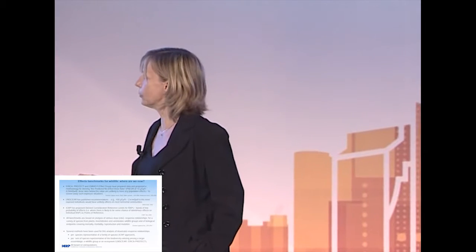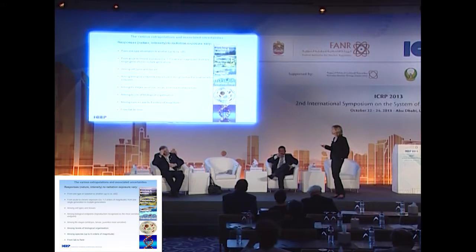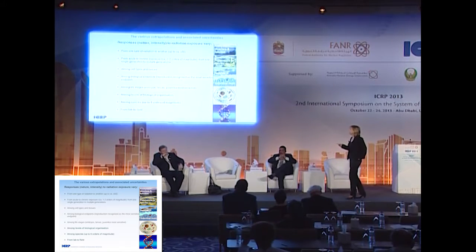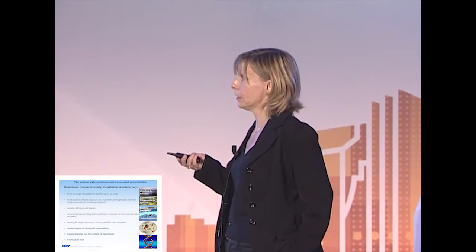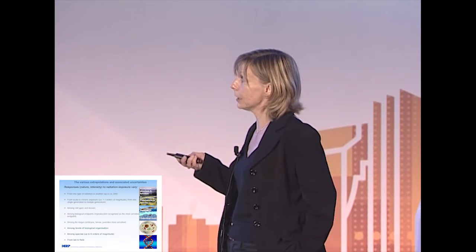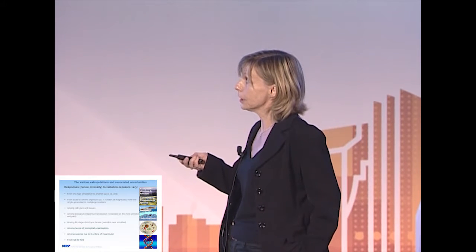But in any case, once again, they are all based on a number of extrapolations. So the various extrapolations and associated uncertainties are listed here. The response, from biomolecules to ecosystems, in terms of structure and function, varies to radiation, varies in nature and in intensity according to a number of items. I'm not going to go through them one by one, but will, in the follow-up of my talk, give you